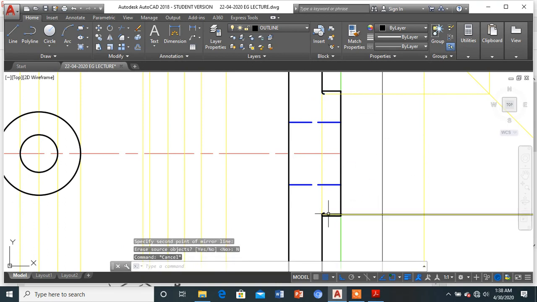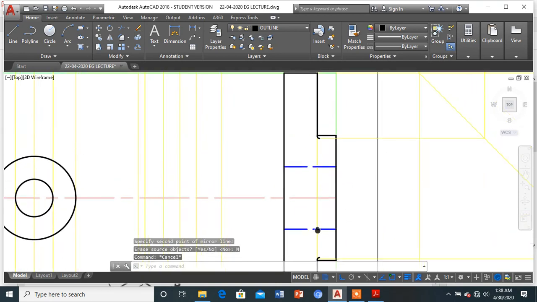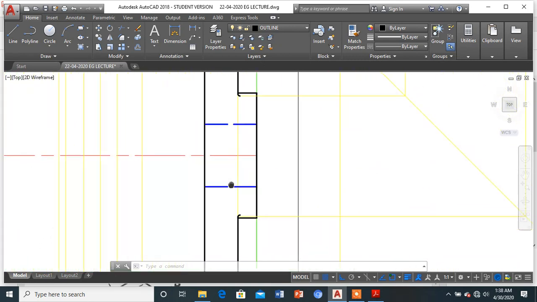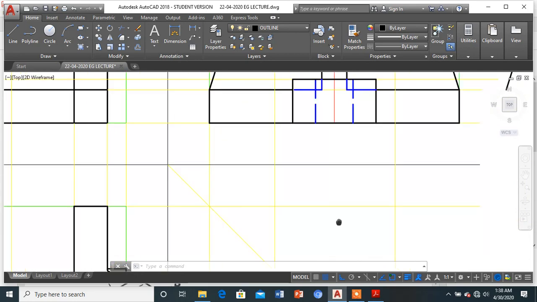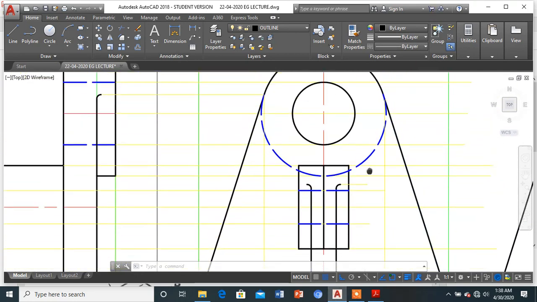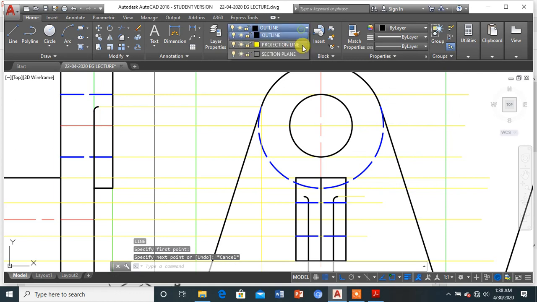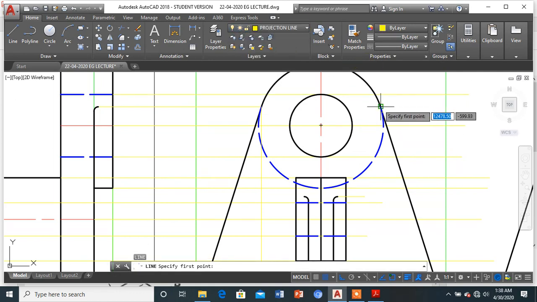As you can see, the fillet we have drawn on both the sides. So now further what are we supposed to do is, okay, the tangent point by mistake was not projected properly. So the tangent point will be from here. I can get it very easily. Okay.